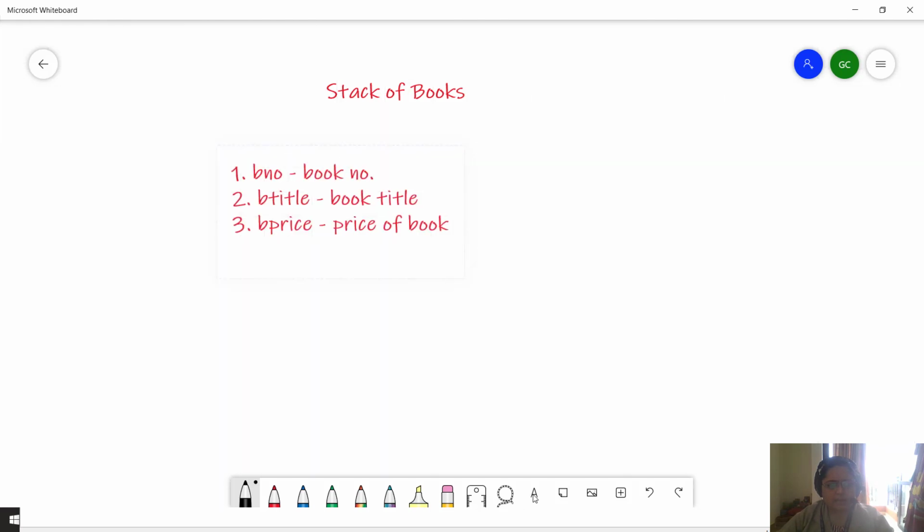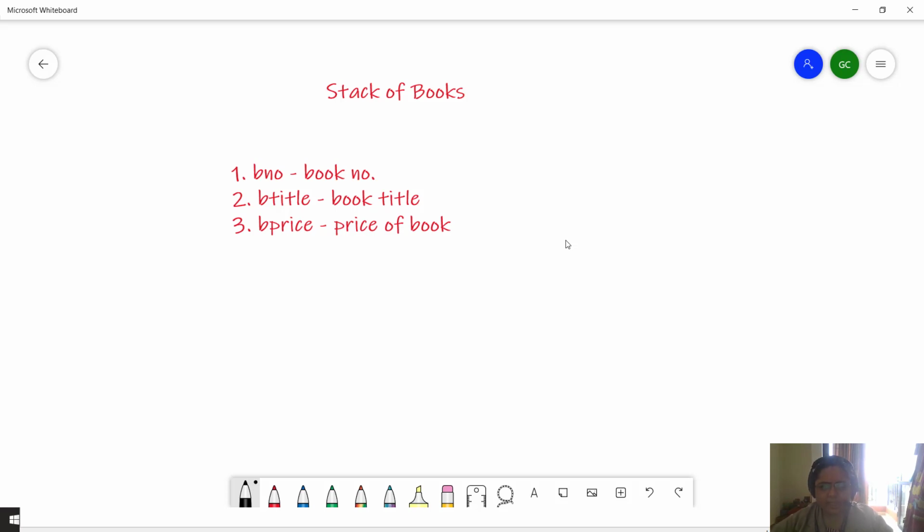So this is a stack of books which we are going to prepare, and for that we have book number, book title and book price. Every book's information, every element which will be stored in the stack, will contain all these three things.